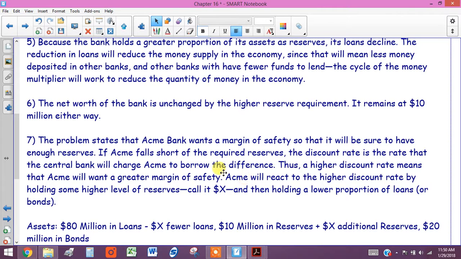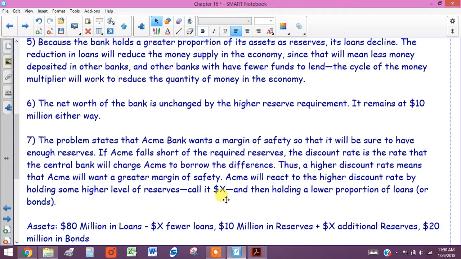So the higher discount rate means that Acme will want a greater margin of safety. I'm just repeating what I've already said, right? So Acme will react to the higher discount rate by holding some higher level of reserves, and we're just going to call that